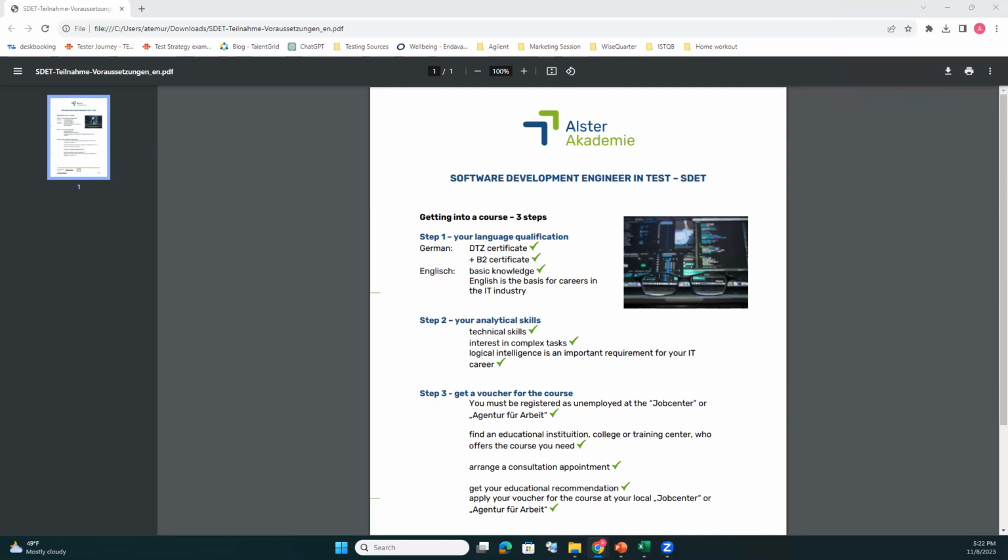Yeah, okay, thanks. And about a job, you said that German companies also require a B2 certificate of German and some level of English, for example for a junior QA tester, yes? Yeah, you are right. The language in IT is English.